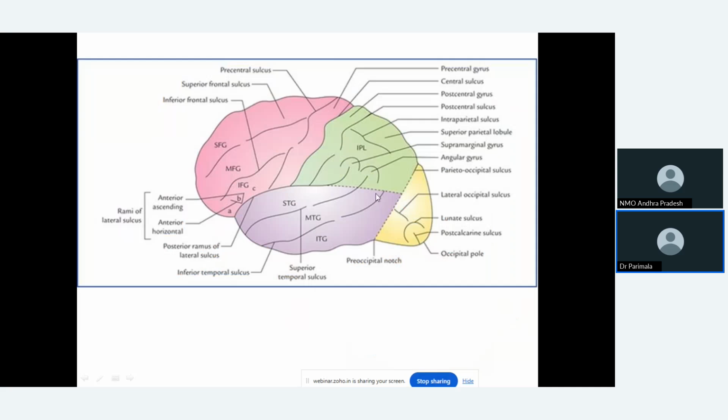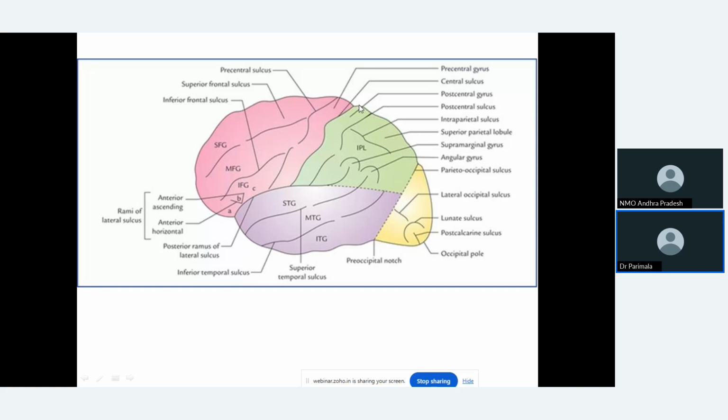Now, after understanding the lobes, here you are able to clearly see the lobes and their differentiating colors: pink, green, yellow, and violet. So this is frontal, this is parietal, this is occipital, and temporal. Also, you are able to see the imaginary line 1, then the line from the lateral sulcus to the imaginary line, and then joining the central sulcus to the lateral sulcus. Thus, we have the 4 lobes. Now, we are going to divide them through gyri and sulci into different parts. It is very simple if you follow the first thing.